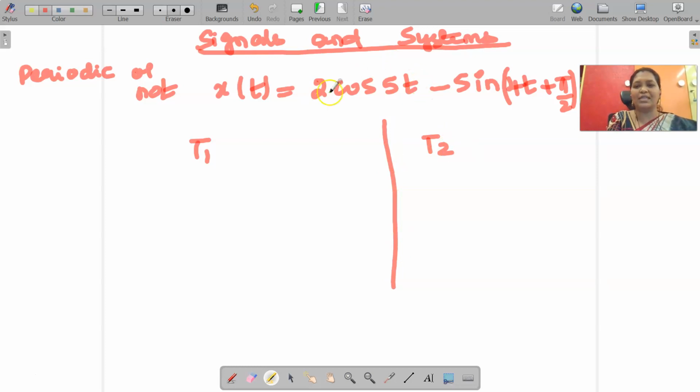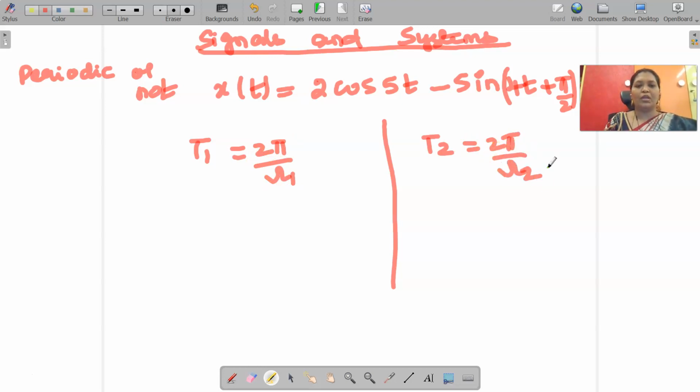For the first signal, we are going to find out the fundamental time period, that is represented by capital T1. For the second signal, the fundamental time period is represented by capital T2. So T1 is given by 2 pi by omega 1 and T2 is given by 2 pi by omega